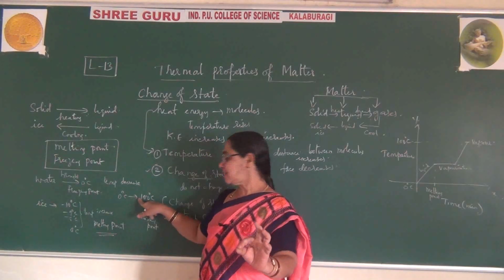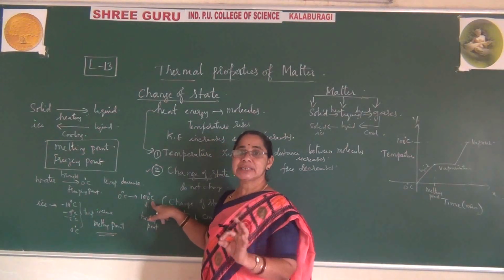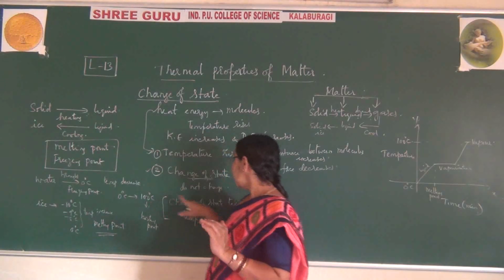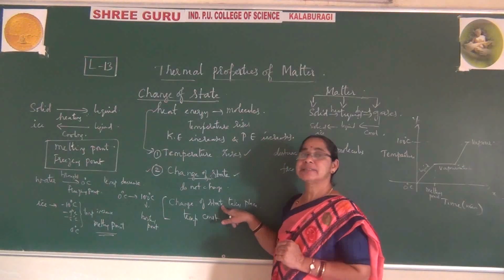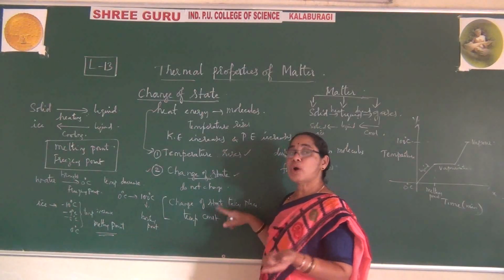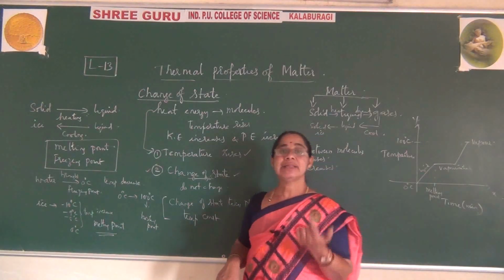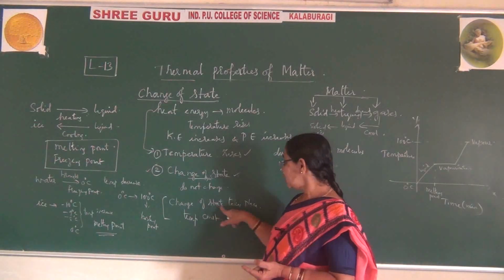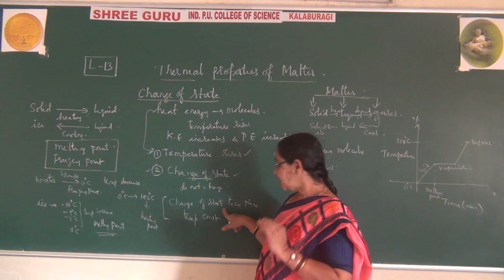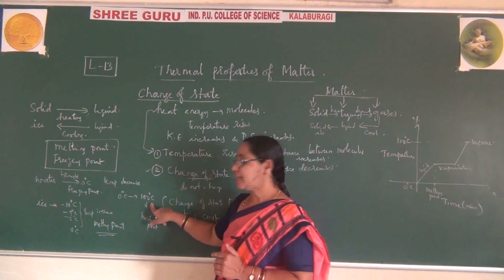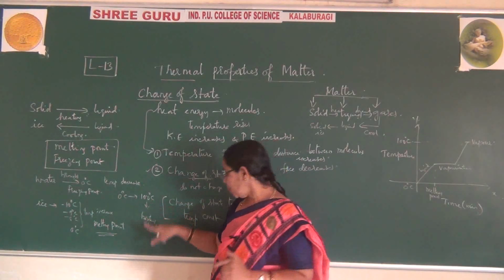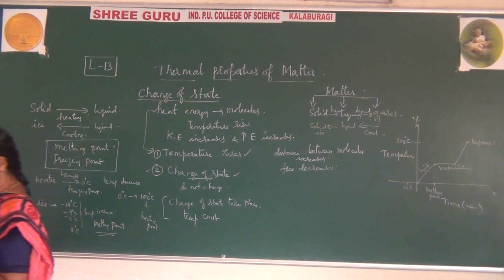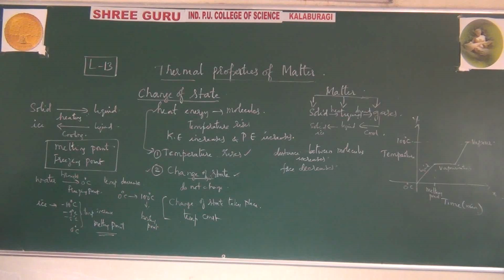Once the water reaches 100 degrees centigrade, the temperature does not change; it remains constant. At that time, a change of state takes place. The water changes to vapor, nothing but steam. When the change of state takes place, the temperature remains constant, and that point is called the boiling point. So we learn about the boiling point at this time.